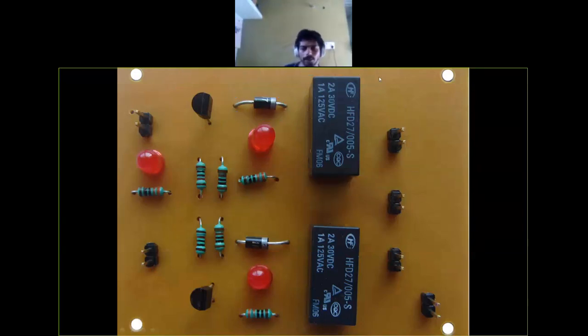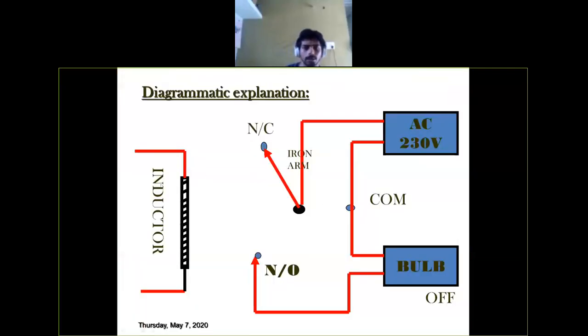That inductor has to be protected from the reverse power flow. So internally the circuit is like this. You will have a diode like this, connected in parallel to the inductor to prevent the reverse power. That's it.